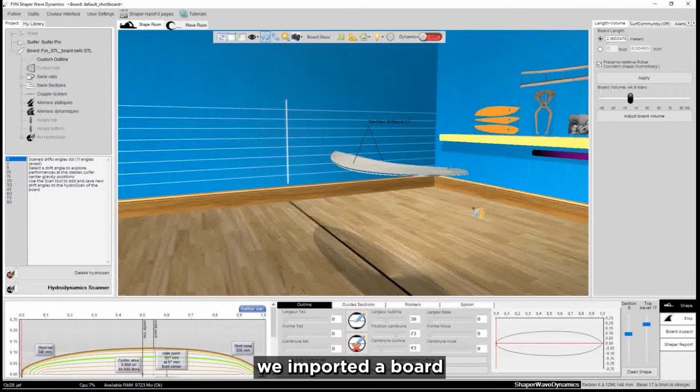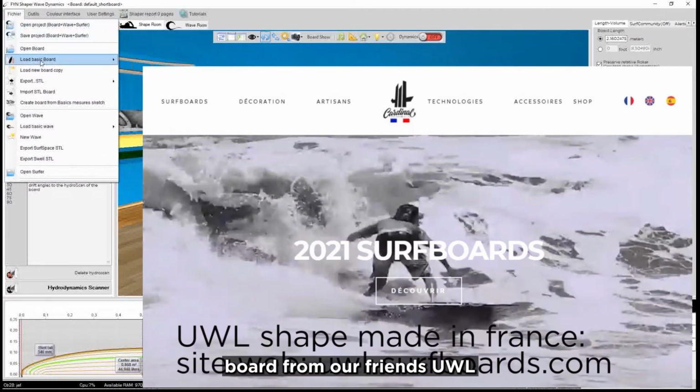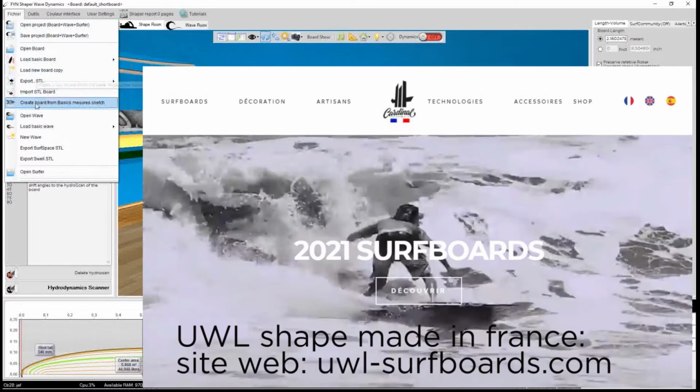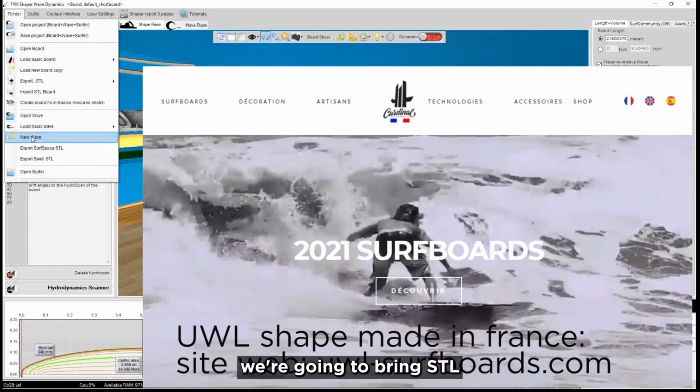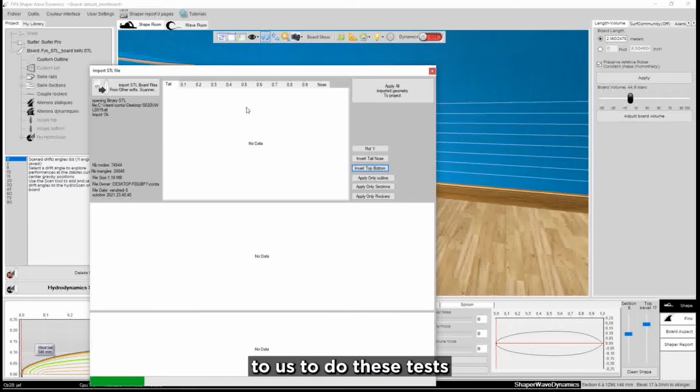Well, here we imported a board which is a bit weird. Let's take a board from our friends at UWL. So here we're going to bring in the STL model that they proposed to us to do these tests, which should have a more efficient geometry.